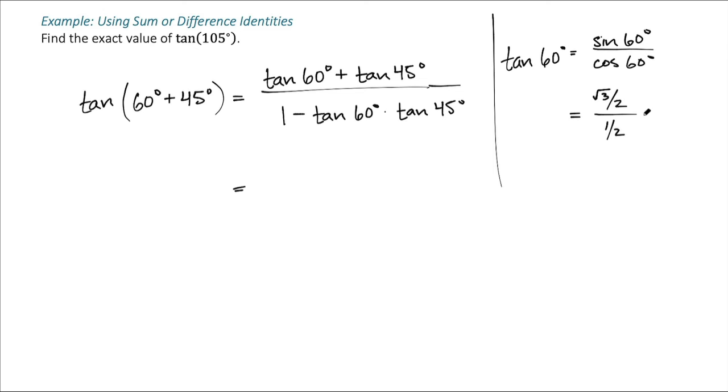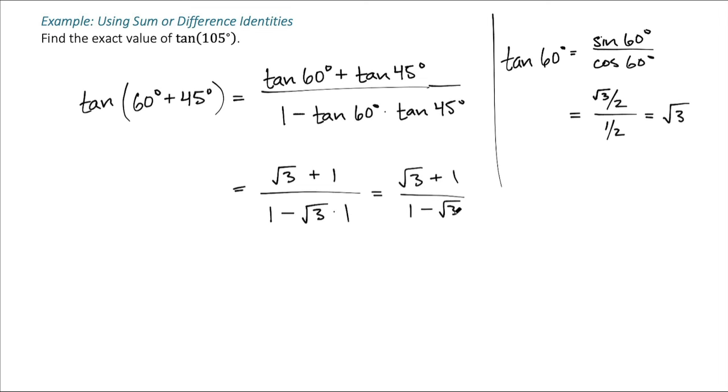1/2. So that simplifies then. If you flip this fraction and multiply, the 2's will cancel. You just get the square root of 3. Okay. So you can go through and do those types of things here. So tangent of 60 degrees, that's the square root of 3. Plus tangent of 45 degrees is 1 over 1 minus the square root of 3 times 1. So we simply have this, well, the square root of 3 plus 1 over 1 minus the square root of